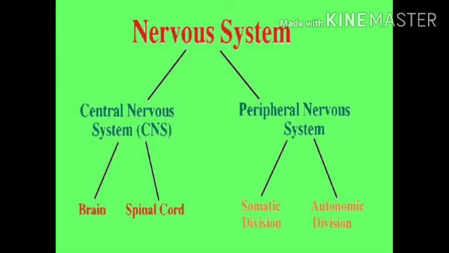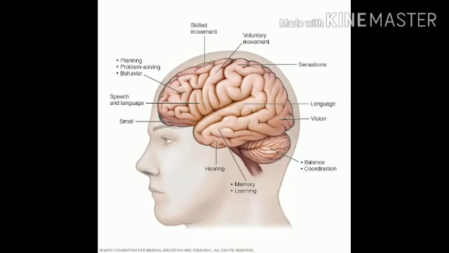Now, the central neural system is basically composed of the brain and the spinal cord, and out of it, first I'm going to explain about the brain. The brain is the central information processing organ of our body and acts as the command and control system. It controls the voluntary movements, balance of the body, functioning of vital involuntary organs.